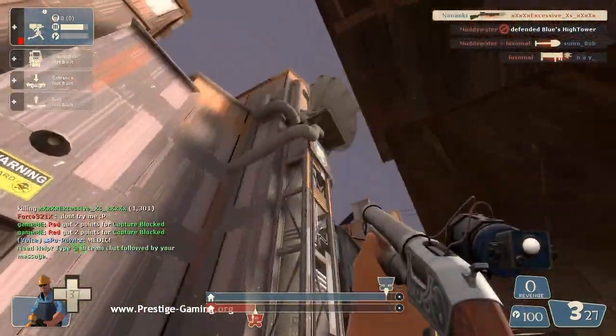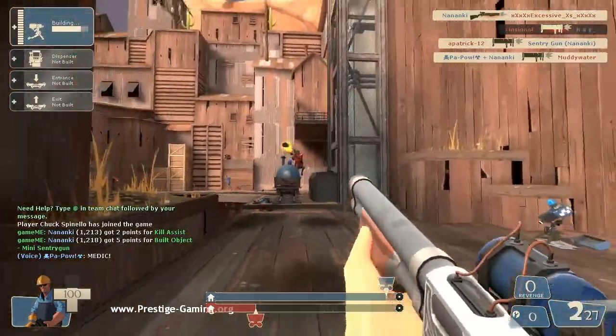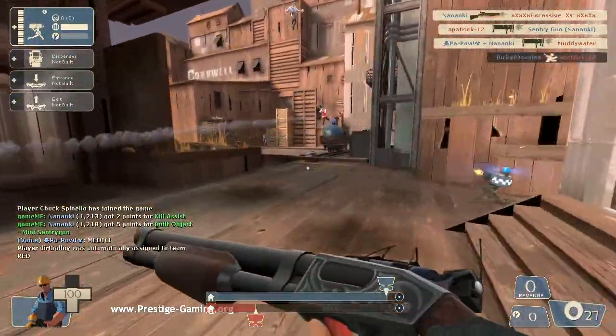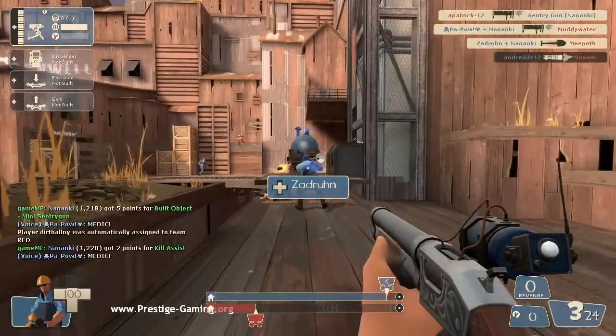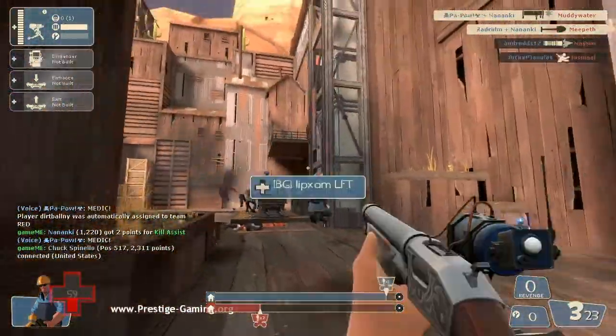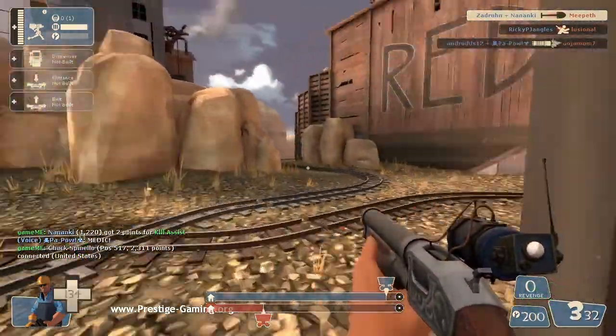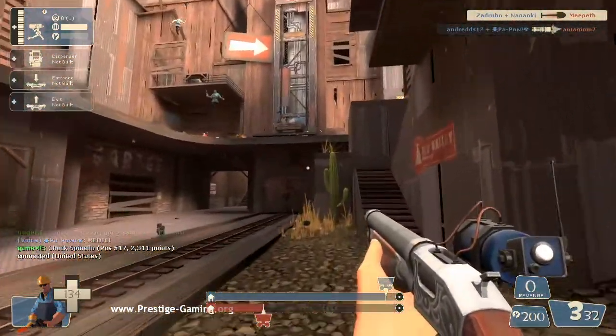I get market garden very nicely from a falling rocket jumping soldier, and between him and the sticky jumping demo man, they defend their cart pretty darn well. Even if they're both kind of considered gimmick weapons, they can be used to great efficiency with, if you're skilled